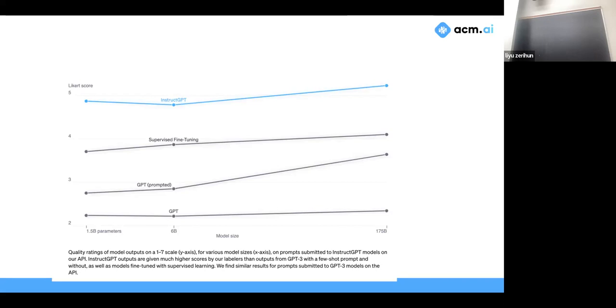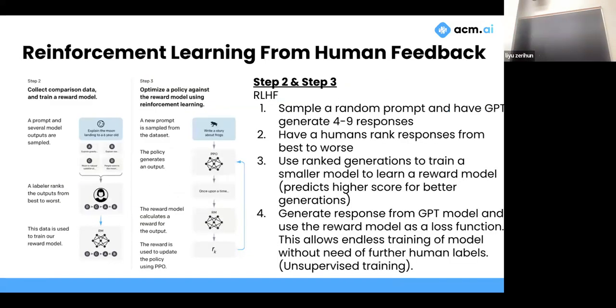Why is that? I think the intuition is, if we're giving it data and we're just saying, here's something good, here's the right response, it might just kind of tunnel vision, right? Whereas when we let it generate a giant breadth of responses and we can rank them, it lets it learn differently.